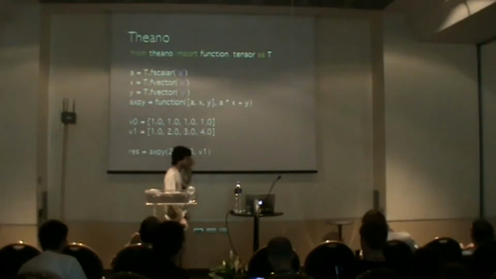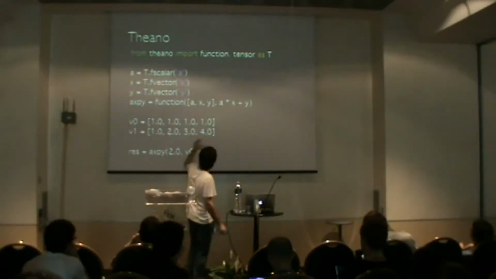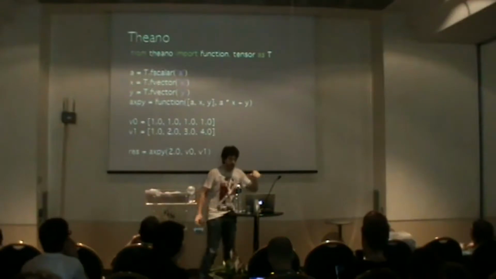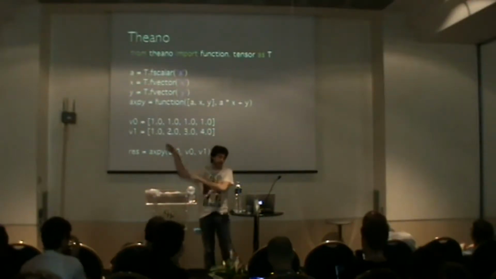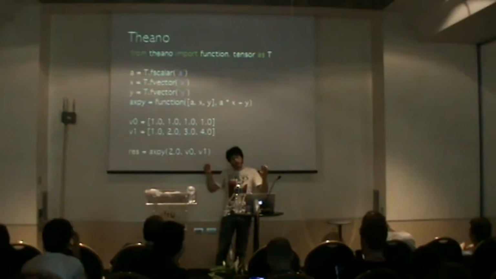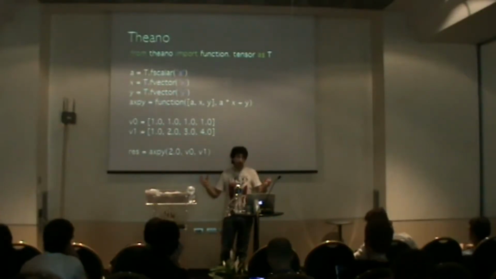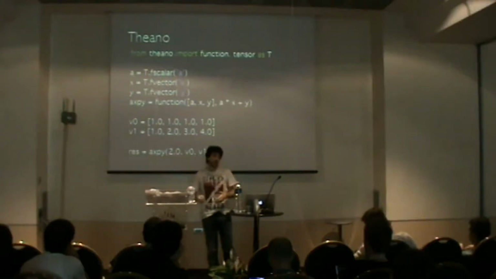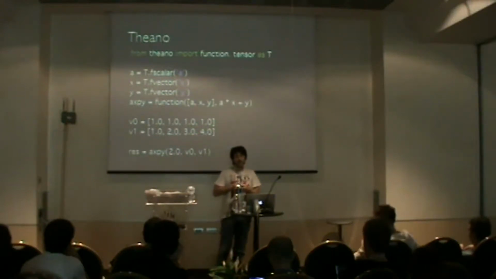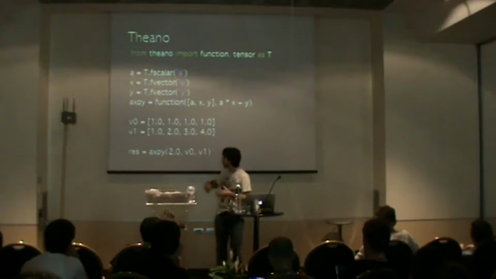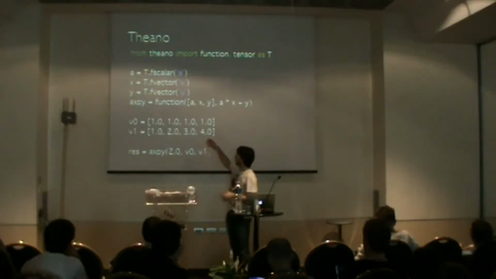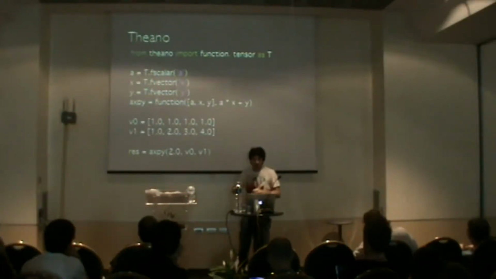Then we define our operation. This line, the function line, just compiles and optimizes your expression for execution. After that you define your vectors with the standard Python list, as we've seen before,